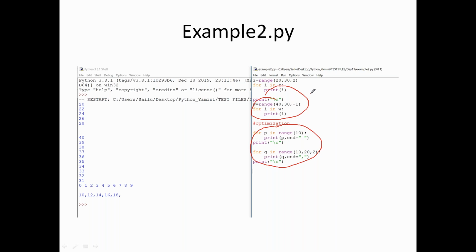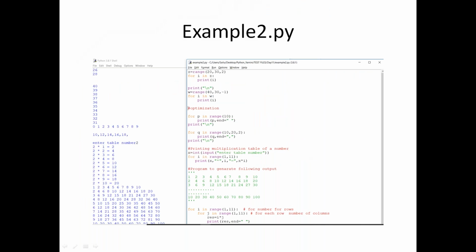The previous one is the normal code we use, and this is your optimized code. Because by writing 2 for loops this way, I reduced 2 lines. What if I have 10 loops in my program? 10 lines can be reduced if possible. Not in every scenario. Hope you're understanding what I'm trying to say.